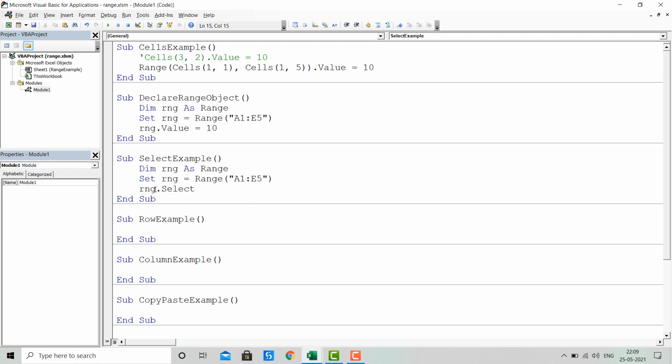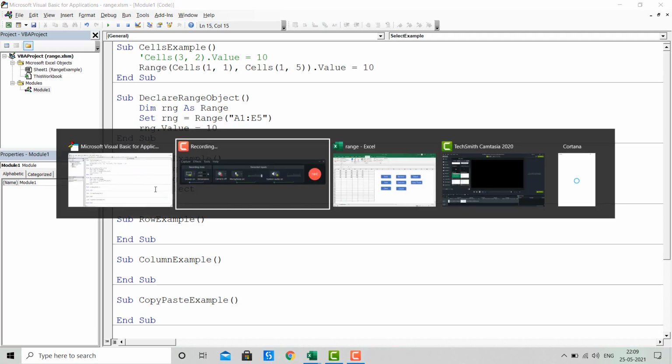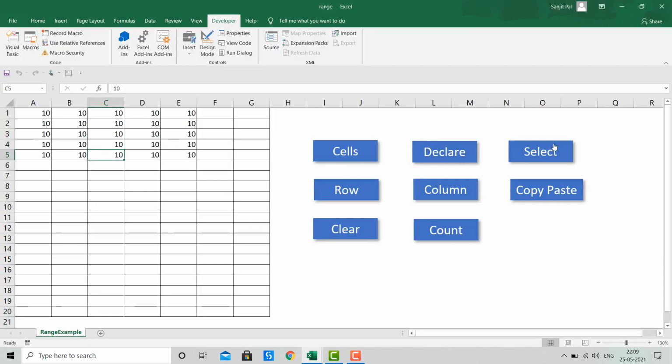And now let's move to the Excel and run the macro for select. You can see as I click on select, the range from A1 to E5 is selected. So that's how we can use the select property.